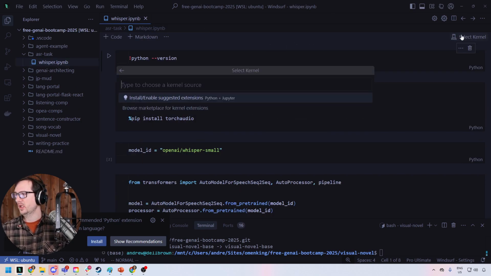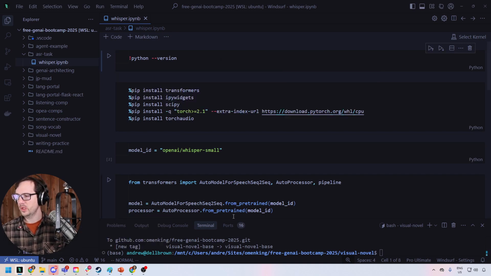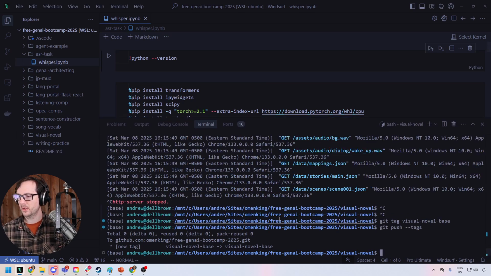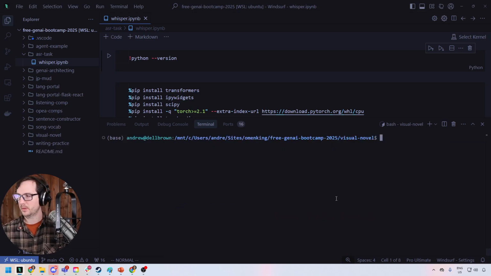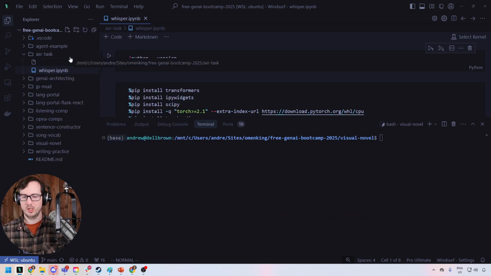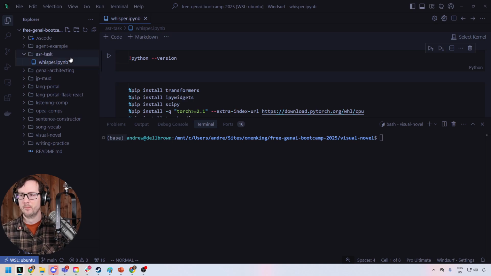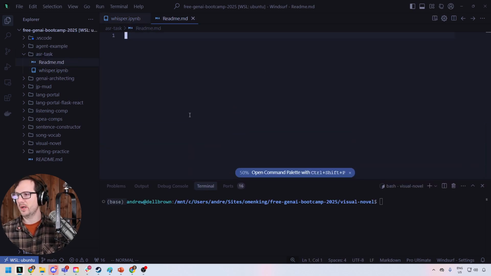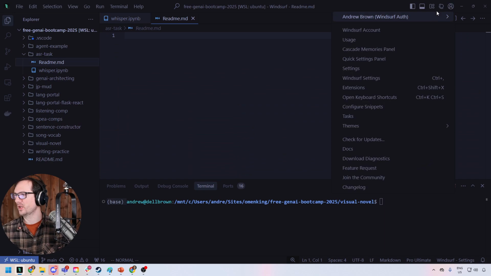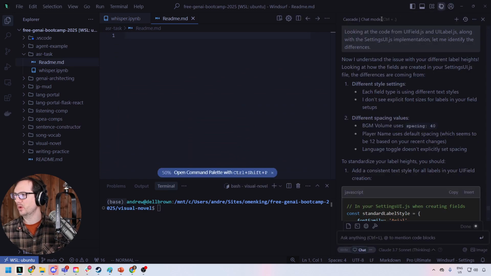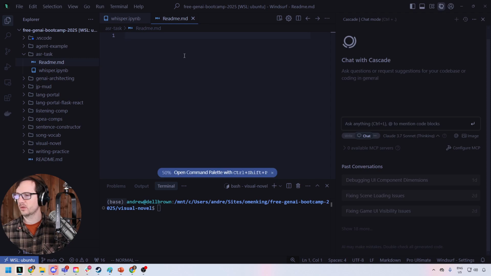We need a kernel. So we need to go down here. We should already have, yeah, it says base over here. So I need to make a new environment. So I'm going to go ahead and make requirements readme.md. And I don't always remember how to do that, but maybe we can kind of cheat here. I don't usually do this, but we will try and cheat here and just say like,